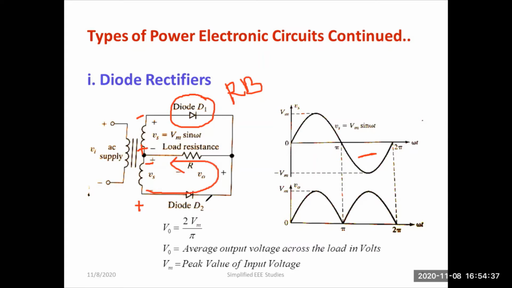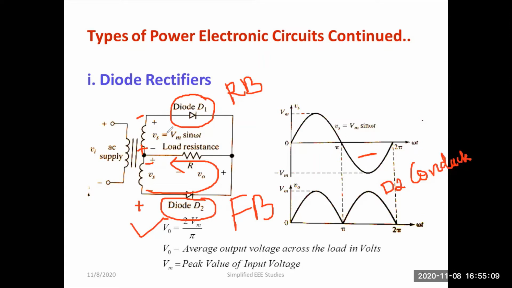At that time, what about diode D2? Obviously, it will conduct. This is known as forward biased condition. So during negative half cycle, this is your output voltage. Whatever input voltage you have applied will come across the particular load. That means here D2 is going to operate. D2 conducts.